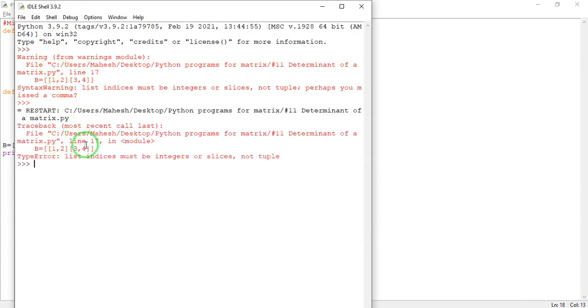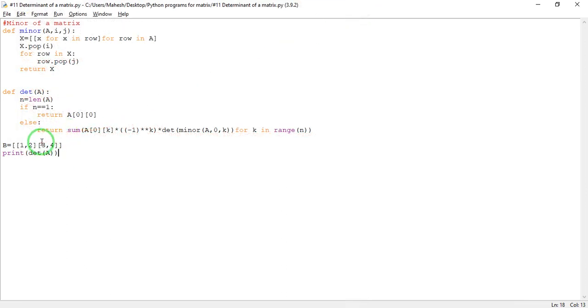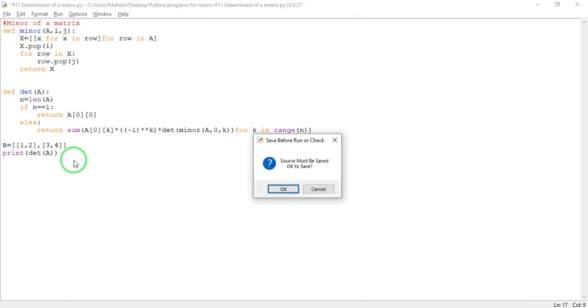Here, line 17: the list indices must be integers or slices, not tuple. If you see here, there is a tuple. What is our mistake? Our mistake is we have not given a separation here. Again, it should have